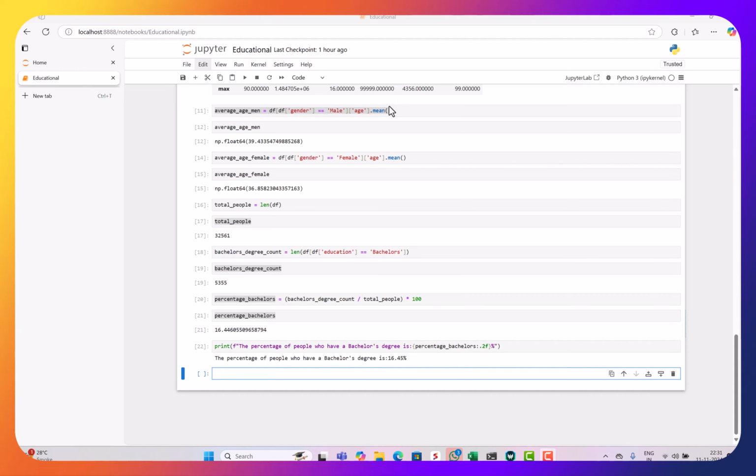And we will try to find the percentage here. So first we will combine them. How do we combine them? We will make a variable called advanced education, and then we will combine the values of